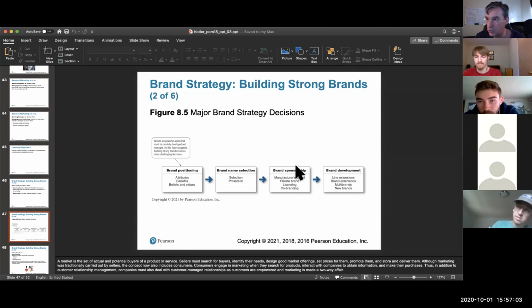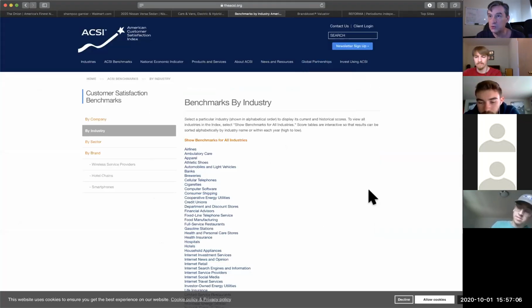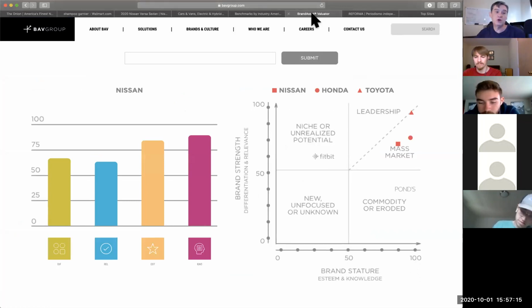All of us will always need a point of reference. So if you need a point of reference for the brand you are now producing, well, there is a very nice way to do it. This is Young & Rubicam. These guys have been in the market for several years, and they have this specific product, which is the Brand Asset Valuator. Your book will say evaluator. It's not evaluator. It's valuator. You put in the brands you want to compare, and they will give you this map, a perceptual map.